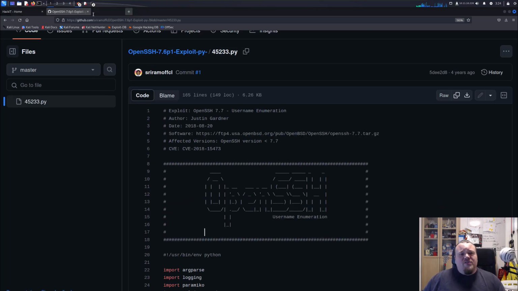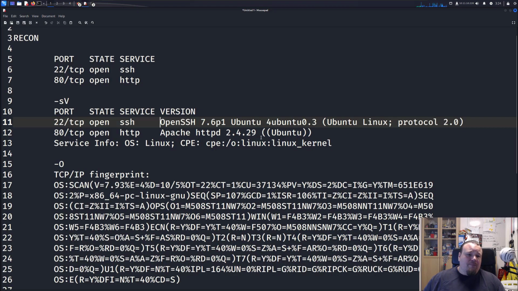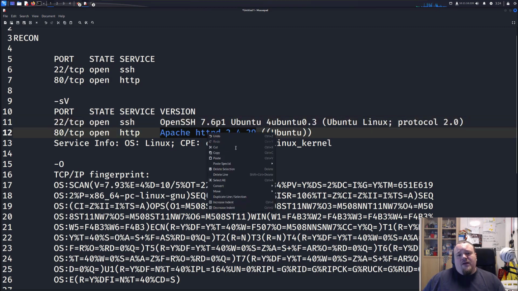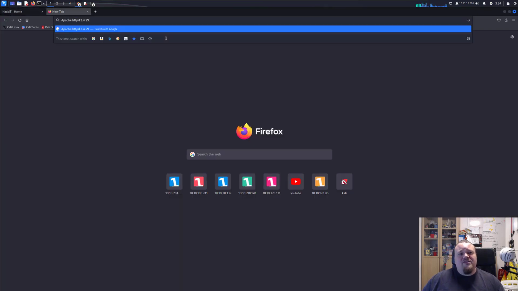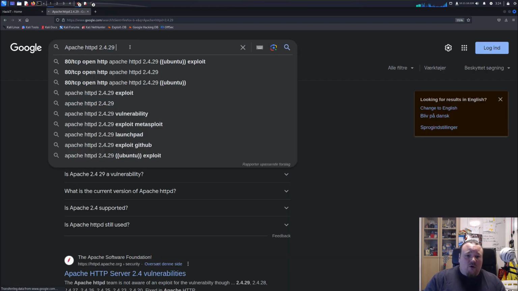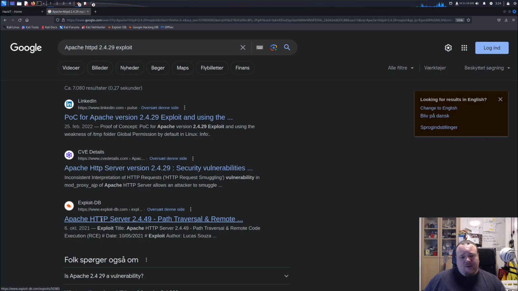Not wasting too much time on this part, I'm going to go back to the document one more time. We did look at this OpenSSH, and I'm going to tell you right now, there's very, very little chance you're going to find anything on this particular service. So I'm going to open Google, paste it in, and write the word exploit. And you will see stuff like, there are things you could do, but